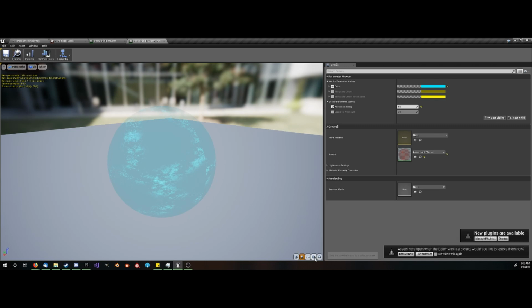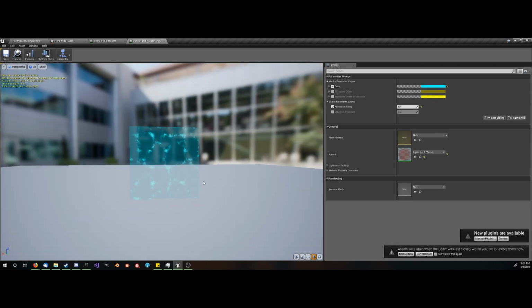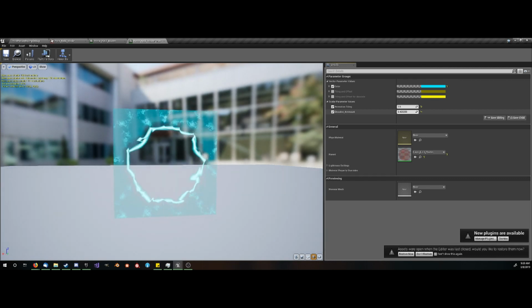And I'll just go in here. If I check dissolve amount and we pull this up, that's what our dissolve looks like. And this will change depending upon how you make your gradient. So I will just reset this dissolve amount to 0